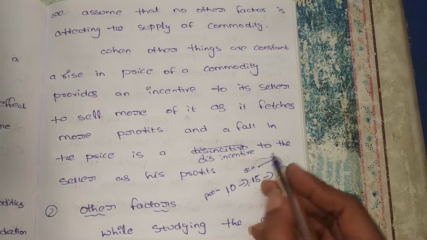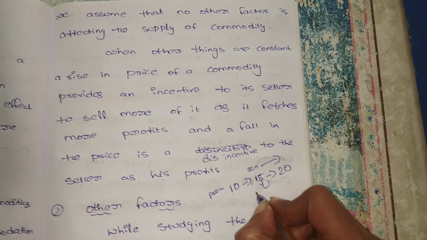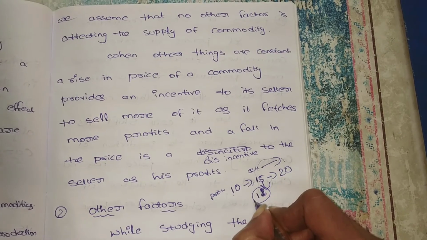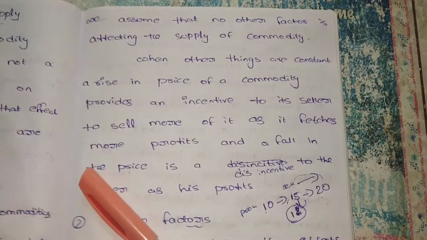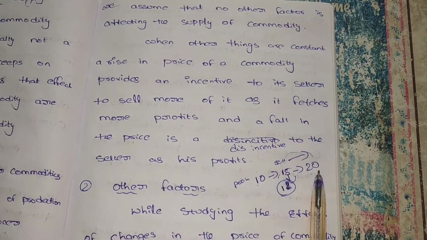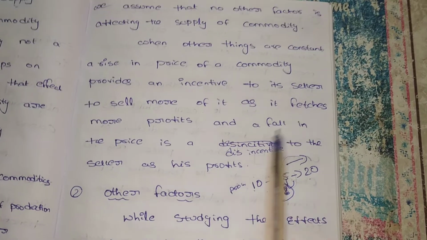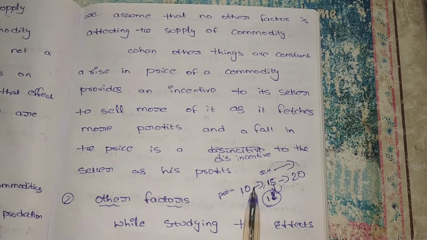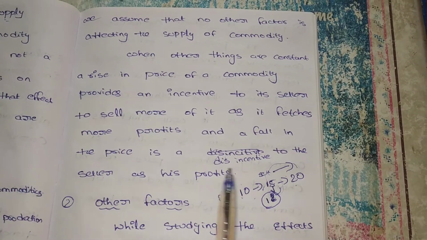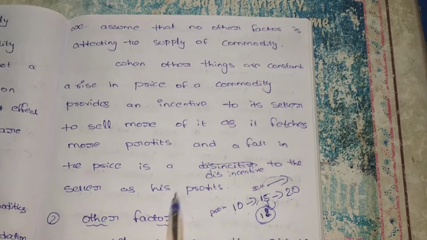If the price decreases, for example, if we are selling at 15 rupees but the price decreases and we sell for 12 rupees, there is no profit for the producer. This is the concept. Based on price rises, the supply can change. If the price increases, the producer can produce more products, then supply will increase. If the price decreases, the supplier is unable to produce those goods, so the supply decreases. Other factors remain constant. Only with a change in the price, there will be a change in supply.